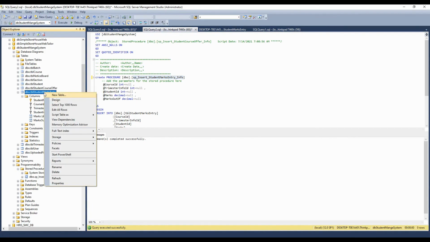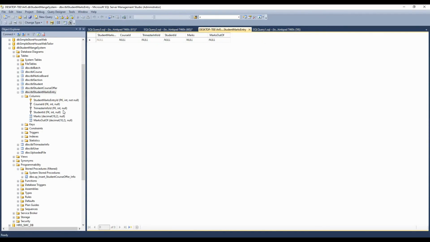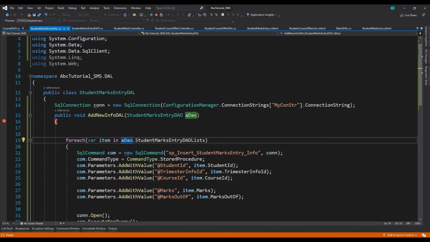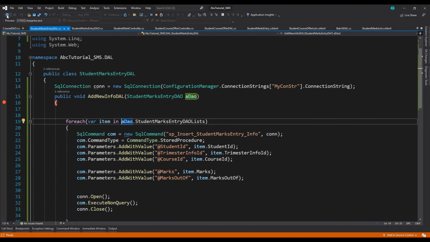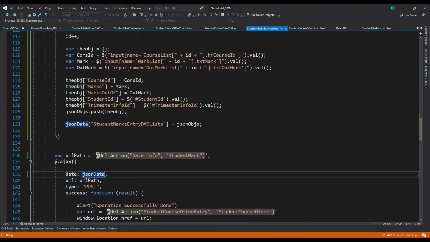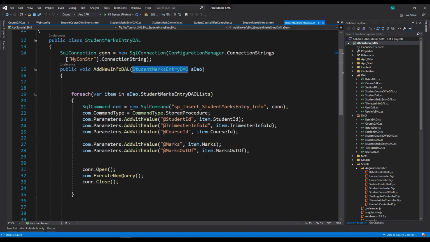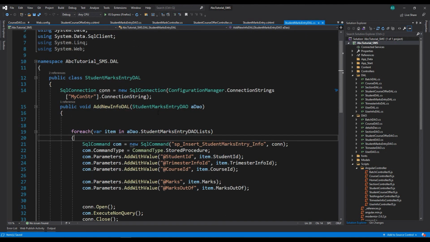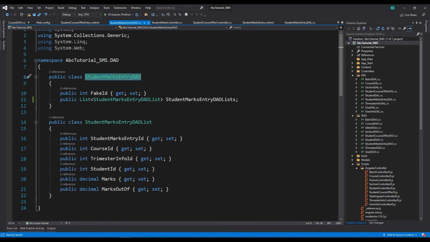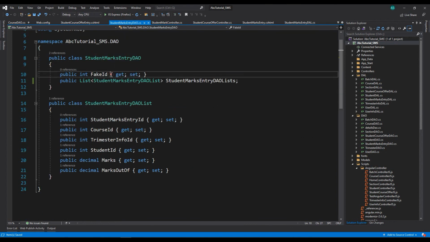And if I click edit all rows and execute, okay, data is not saved, so we need to check. So now I'm going to this student marks entry DAL class, and here I'm going to this student marks entry DAL, and here we need in